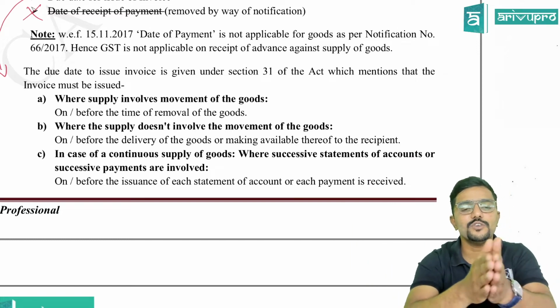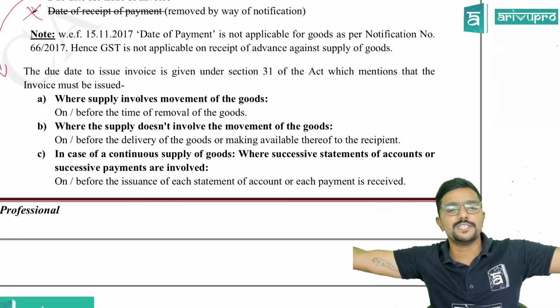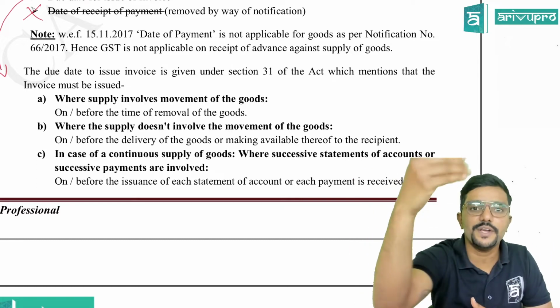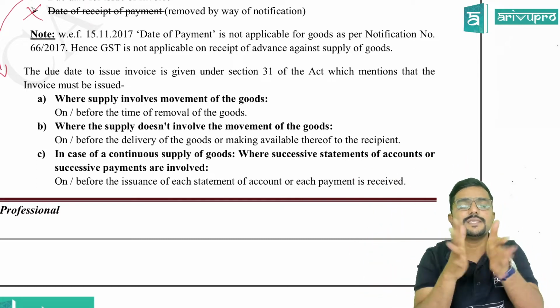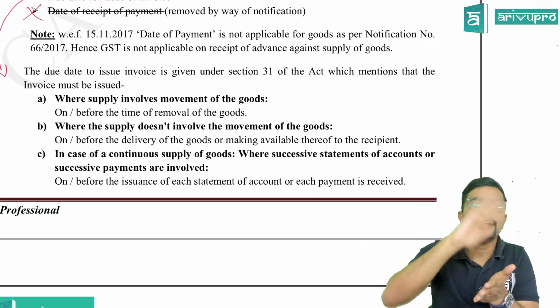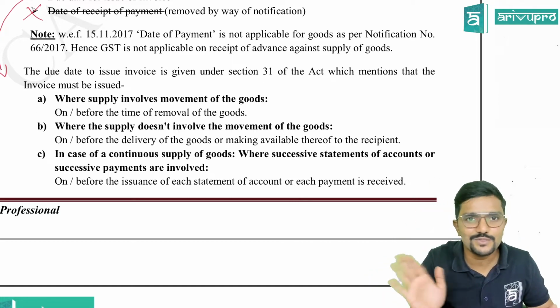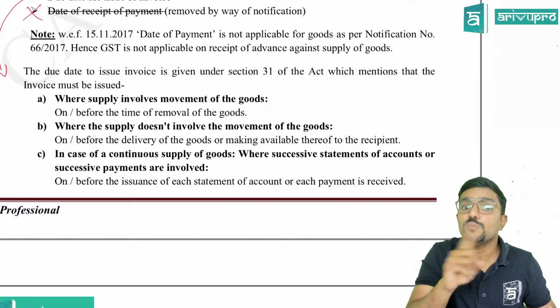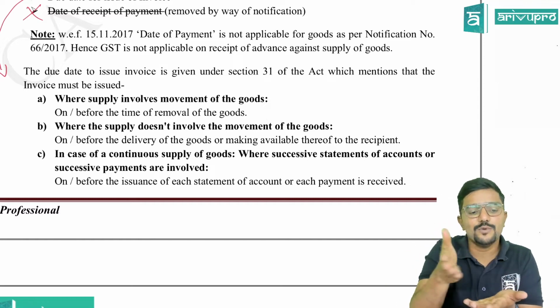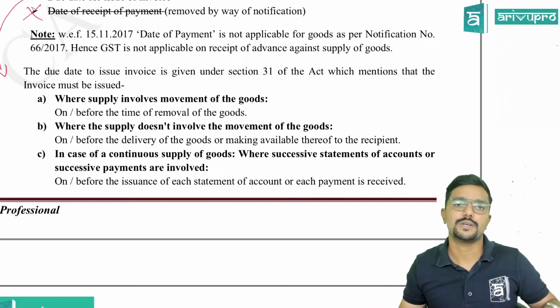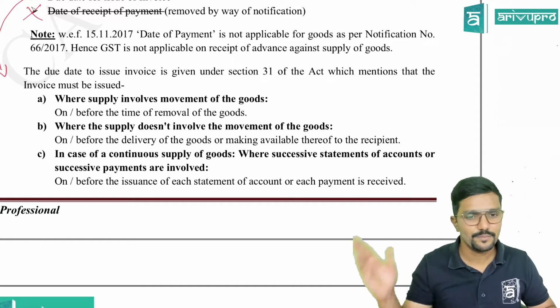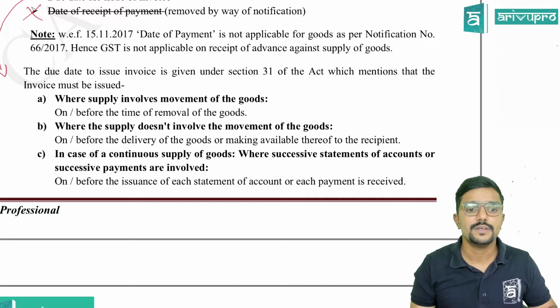You see, movement of goods means from supplier's place to recipient's place. Here the recipient is going to the supplier's place, picking the goods from there only. So in that case, there is no movement of goods from supplier. Ownership and all is transferred. There is no problem with it. I'm talking about movement. Movement means literal movement from supplier's place to recipient's place. So is there any movement? No, sir. Ownership will be transferred. Purchase has happened. Everything is fine. Next,